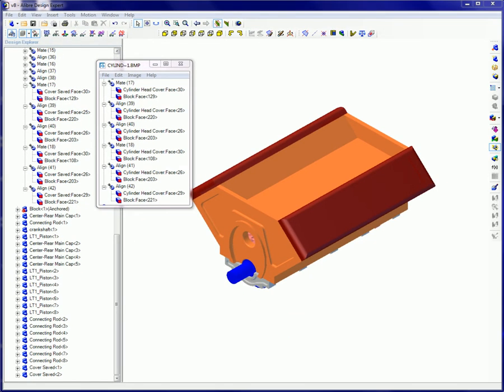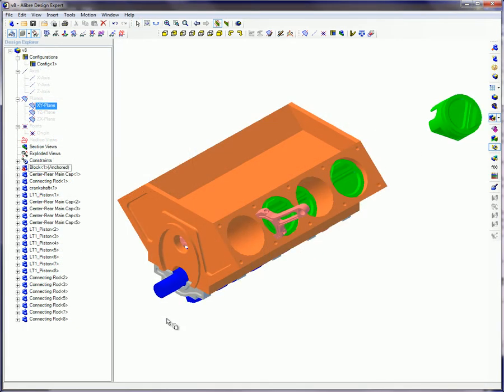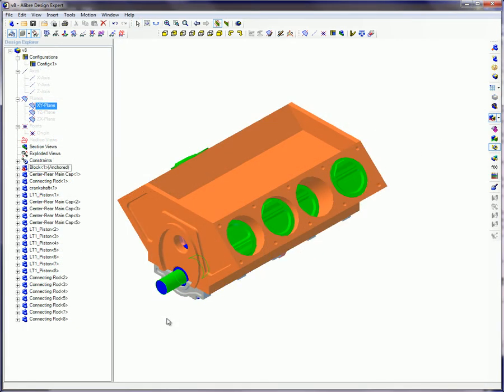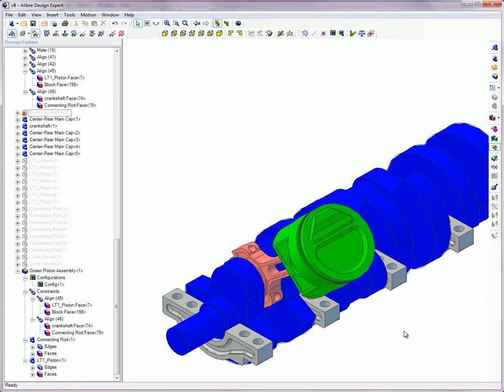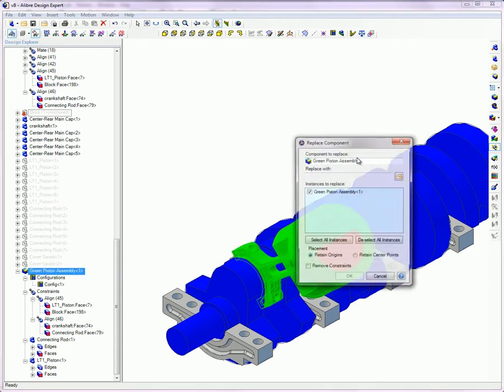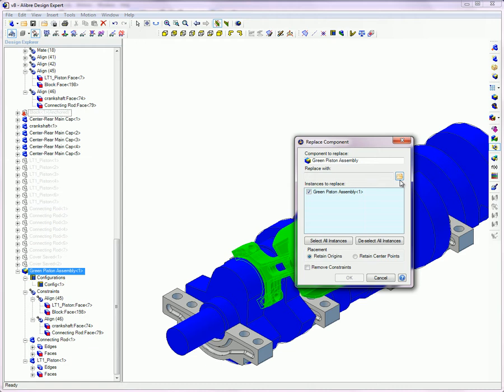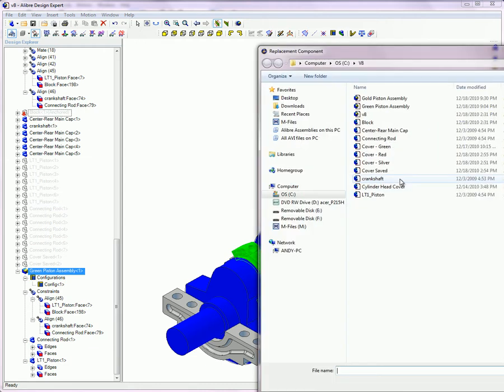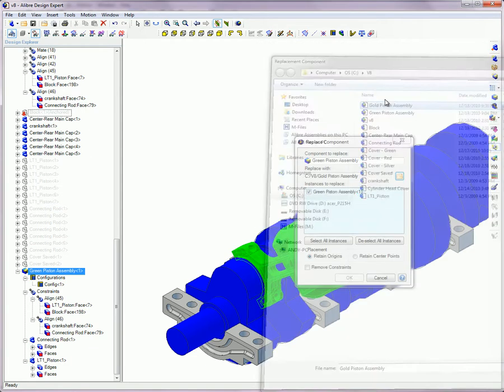When an assembly is created with File Save As or File Save All As, it should give the same results as previously shown with parts. In this example, the subassembly green piston assembly is replaced with gold piston assembly that was created with the File Save As sequence. All of the parts are the same, and all of the assembly constraints are the same, except